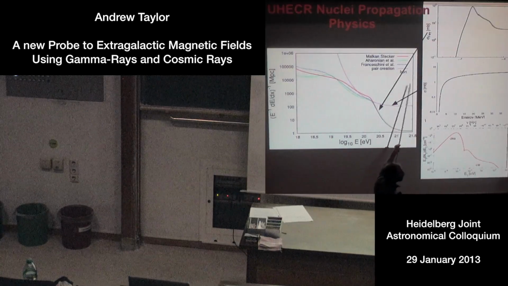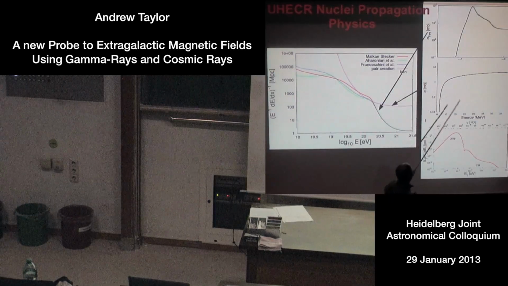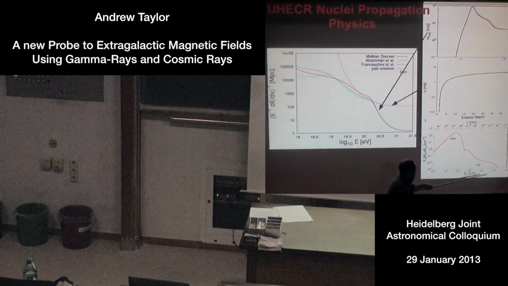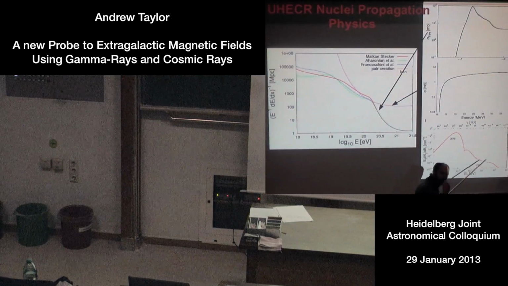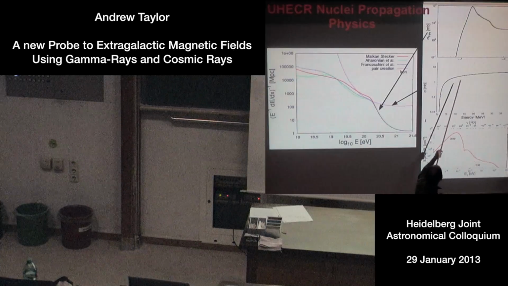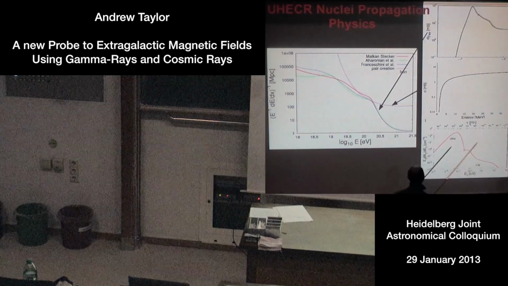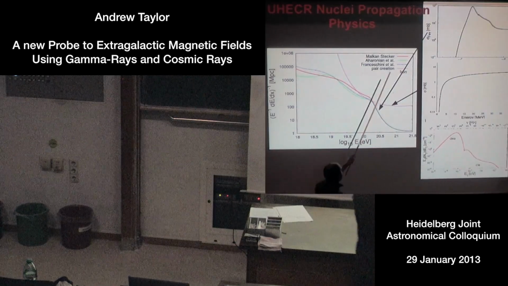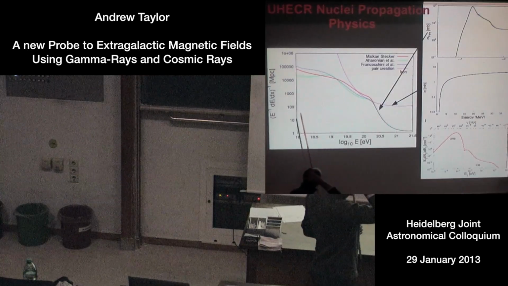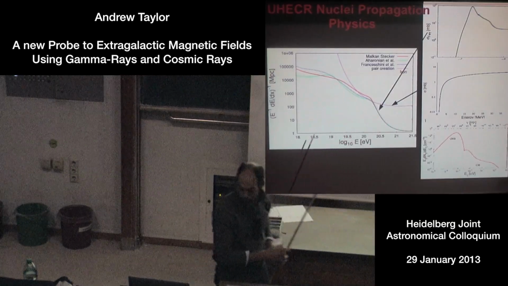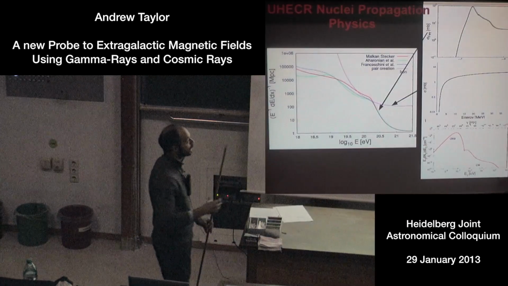So for example, I want to fix on an example, so do it for iron nuclei. So we have the iron nucleus interacting with this background radiation field here. The dominant part for this, because of the threshold nature of the cross-section here, you can actually see that, we want to interact with really the infrared background here. So we can convolve those two and we get this shape here for the energy loss length of the high-energy nuclei. Now, I have to do this in terms of doing a simulation of the propagation of ultra-high-energy cosmic rays.